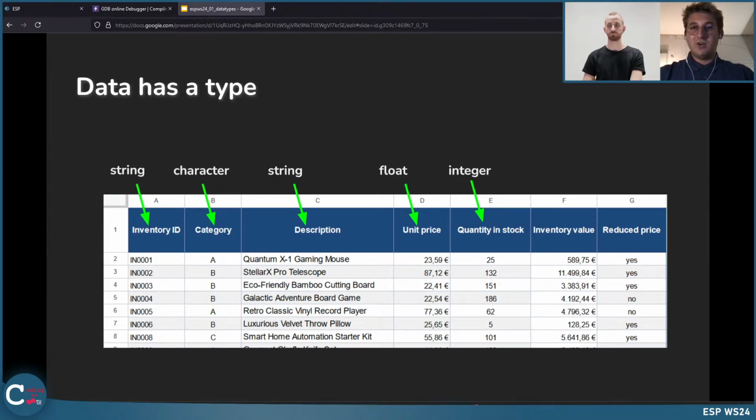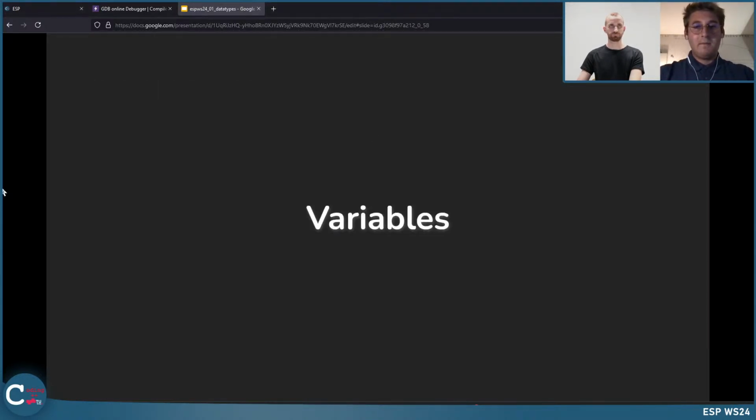And if we now have a look again at the inventory value, it's quite similar to the unit price. It's again a float. And now we come to the reduced price. That has a special name. It's a bool, a Boolean value, which can either be, in this case, yes or no, or in programming, true or false. Okay, yeah, that's really cool.